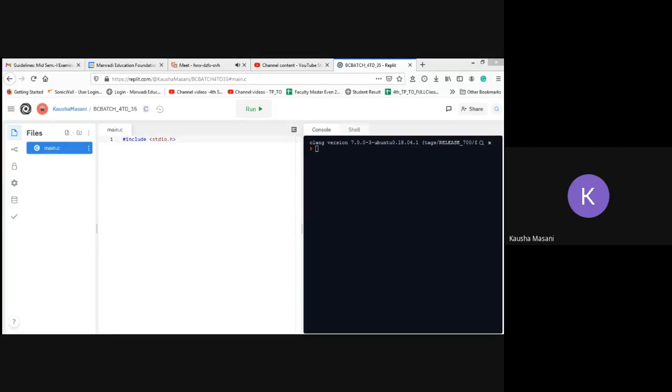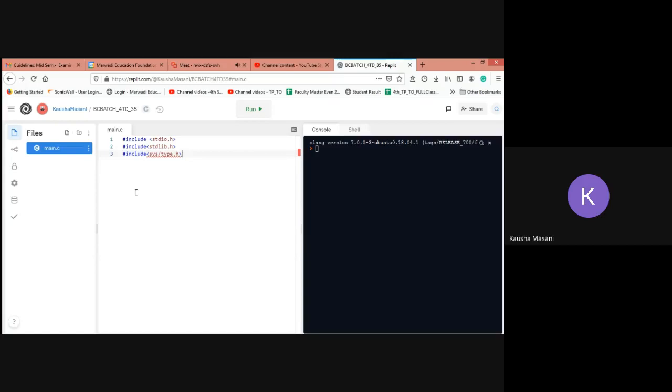So first of all, you need to include some libraries here. stdio.h, stdlib.h. You don't start writing right now, you just hear me out and watch what is happening. I'll give you enough time to write the code and to run. Then we are including sys/types.h, because we are going to use some functions of this particular library.